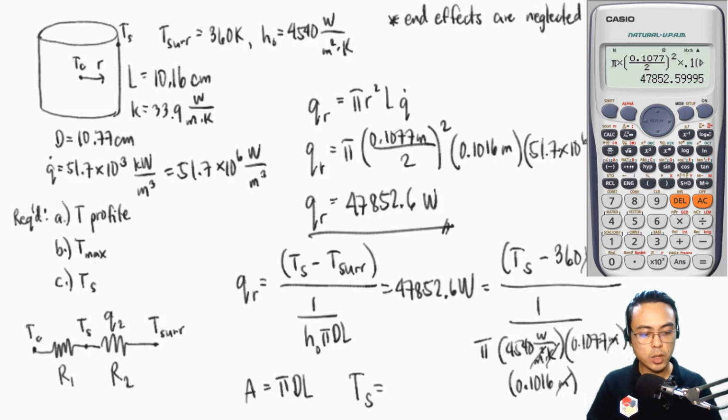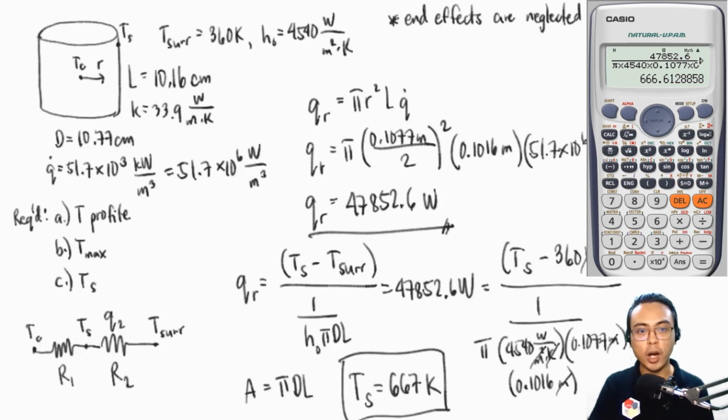We solve that as 47852.6 divided by pi times 4540 times 0.1077 times 0.1016 plus 360. So we determine that the surface temperature of the cylinder is 667 Kelvin. And that is simply coming from our derived expression of the rate of heat transfer through a cylindrical element with internal heat generation. Now that we have the surface temperature determined, we can now use this value to be substituted